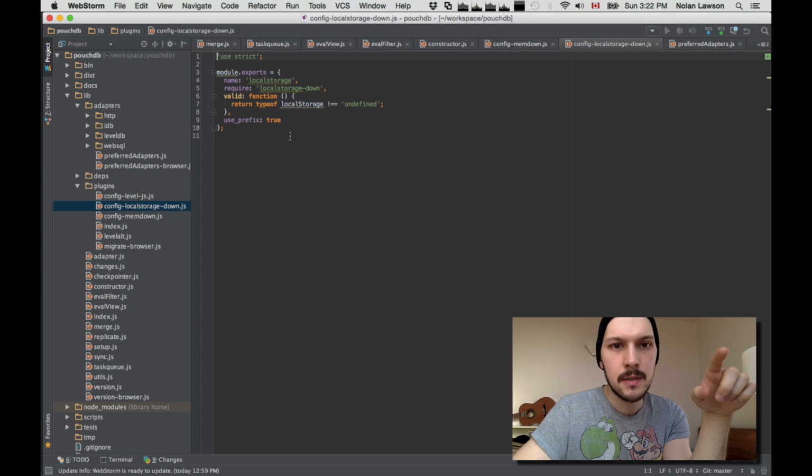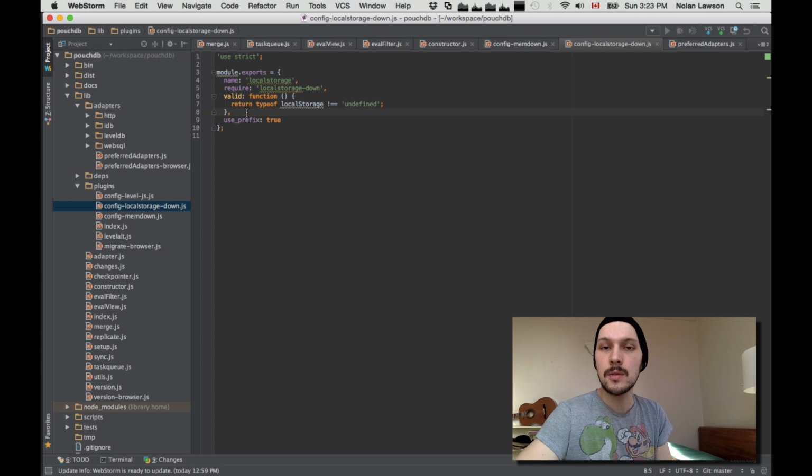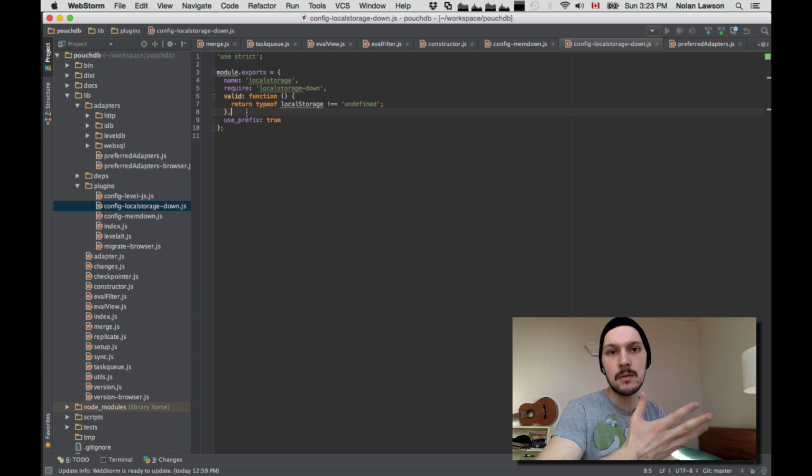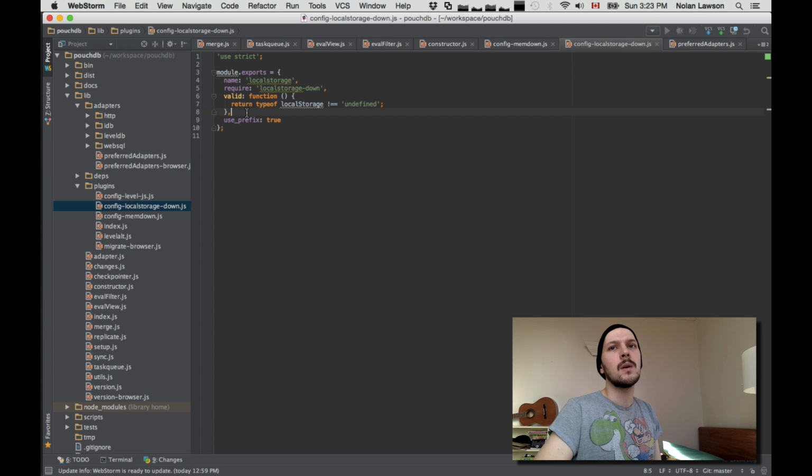So localstorage-down, for instance, checks to make sure that we have local storage in this browser, because some super old browsers don't have local storage, or some specific environments, like for instance web workers, don't have local storage, so we can't use it there. Or I think Chrome packaged apps, something like that, I think they don't have local storage. So yeah, so at a high level, the code is really simple, I think, and I feel like it's not that hard actually to get in and get your hands dirty. The hardest thing is when there's a feature that you want to implement that needs to be implemented for all four browsers or all four adapters, and I've done that